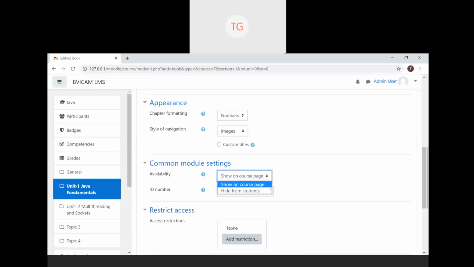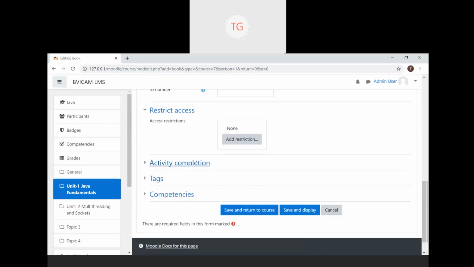So if there is certain material which you want the student to see the moment the student accesses your Moodle site, or the resource should be available to all students, you can say show on course page. But if you want to hold that resource from the student for some particular time, you can always select availability as hide from students. Later in the due course of the semester, if you want to make this resource visible, you can always change the settings, just like this.